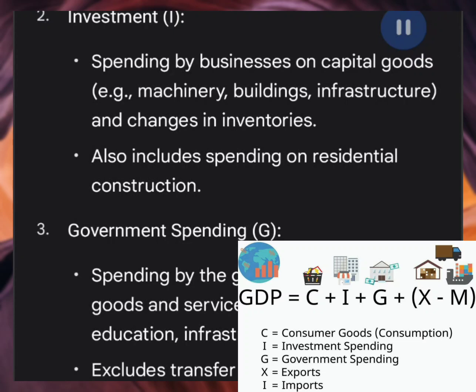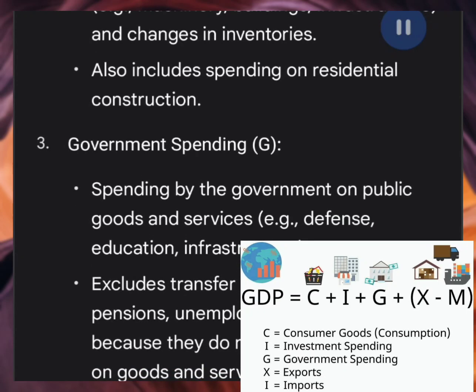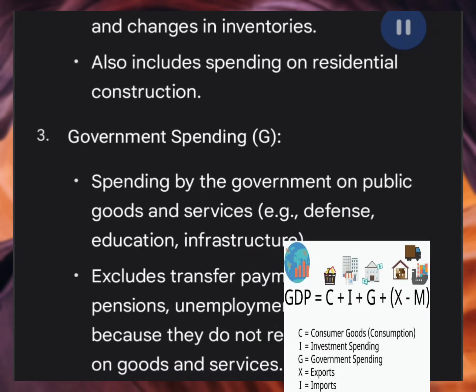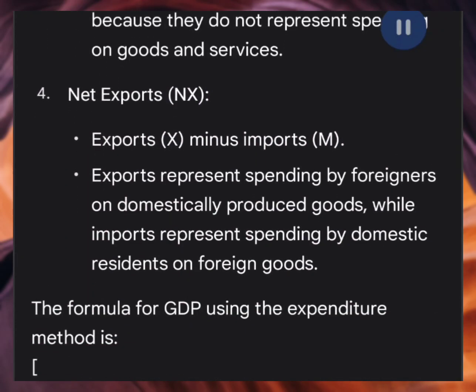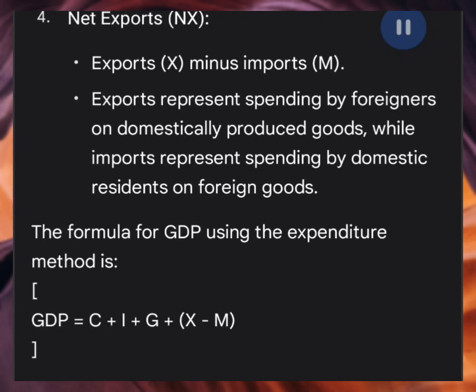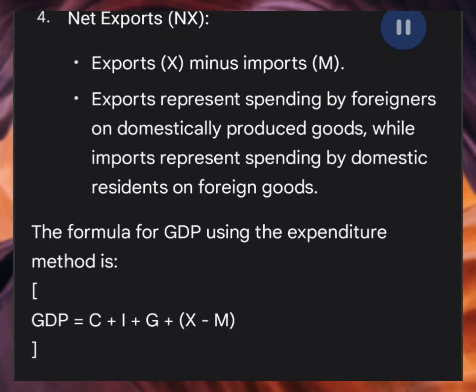3. Government spending, G. Spending by the government on public goods and services, e.g., defense, education, infrastructure. Excludes transfer payments, e.g., pensions, unemployment benefits, because they do not represent spending on goods and services. 4. Net exports, NX, exports, X minus imports, M. Exports represent spending by foreigners on domestically produced goods, while imports represent spending by domestic residents on foreign goods. The formula for GDP using the expenditure method is: